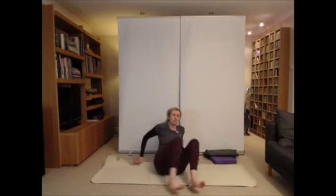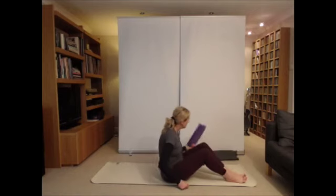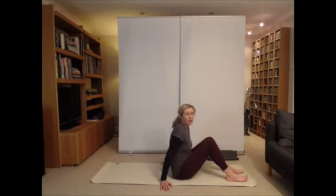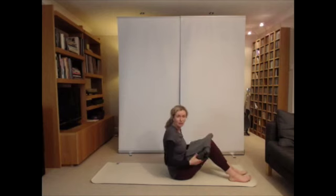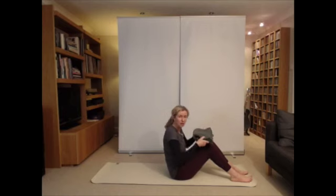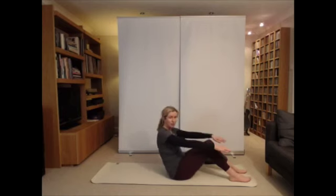So we're going to come down onto our back. It's quite nice for this next one to have a block. If you haven't got a flat block, you could fold up a blanket and make a sort of blanket block, which is nice and comfy, and you can use that for your hips instead. So I'm going to show you what I mean. So come down